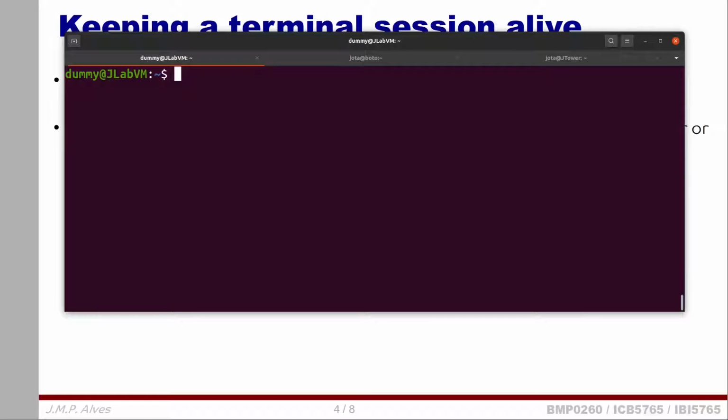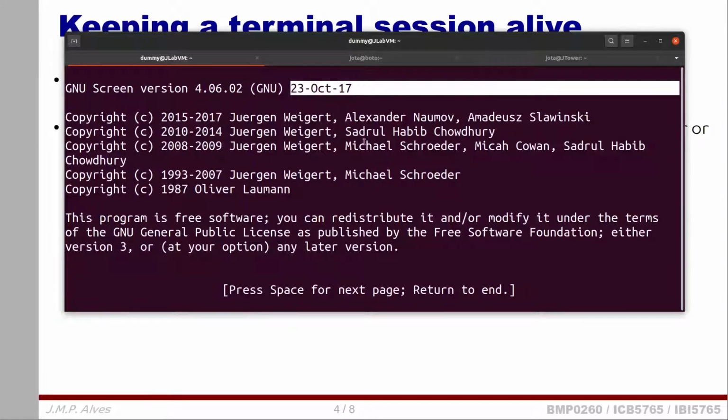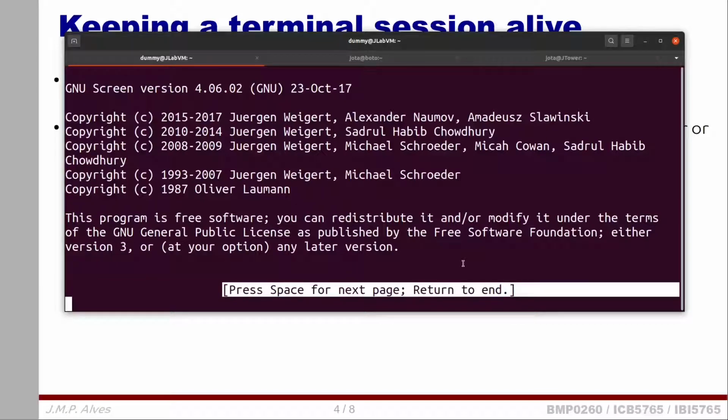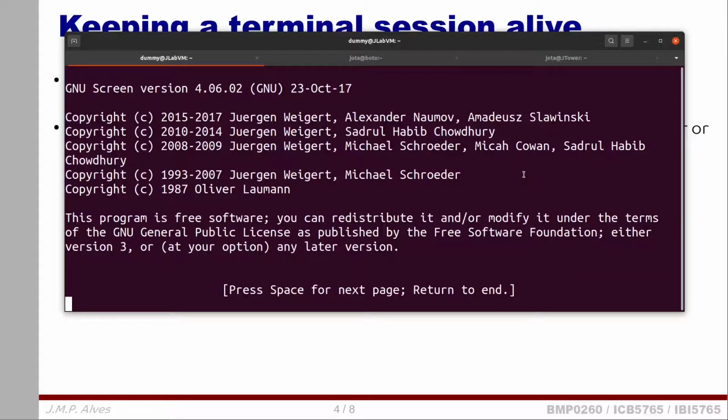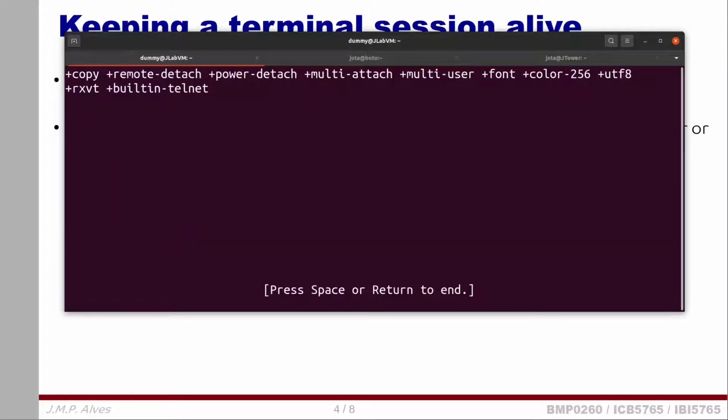Here we are in the remote server. If we type screen and press Enter, we're going to see a message, copyright, GNU Screen, the version of the program, when it was compiled, and then down there, press space for next page, return to end. Let's press space, see what comes. Some more of the message, and once you're done, you press return,